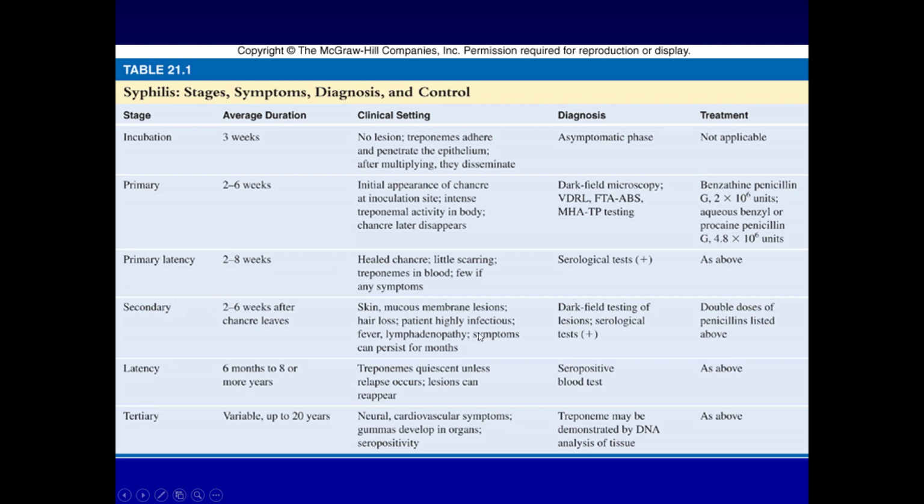all of a sudden you'll get some, I think actually rather vague symptoms, things like a fever and lymphadenopathy, but you also at that point will get some lesions on the genitals, and that's usually when people go into the doctor and figure out that they actually have syphilis. But then after a little while that'll go away, and can sometimes come back the same way, or sometimes it doesn't, but eventually it's going to show up as tertiary syphilis, which is again those neural and cardiovascular symptoms. Also, these tumors on all the organs called gummas develop. So very sad, very life-threatening.